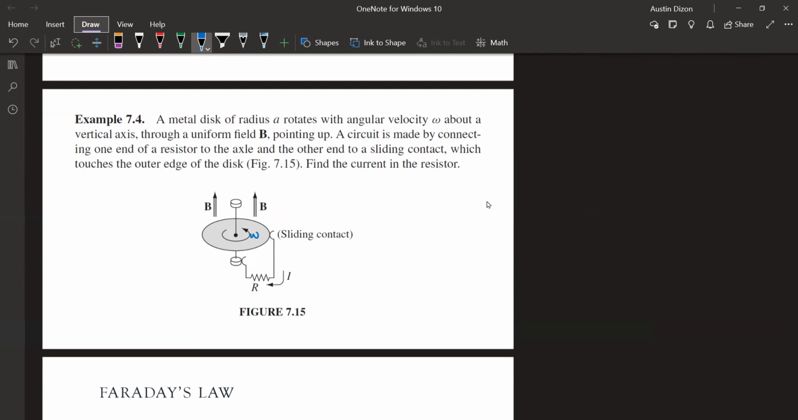Okay. First things first, kunin natin yung V cross B. Okay? V cross B. Kunin muna natin ito para hindi tayo mahirapan. Alam natin na yung V ay can be written down as